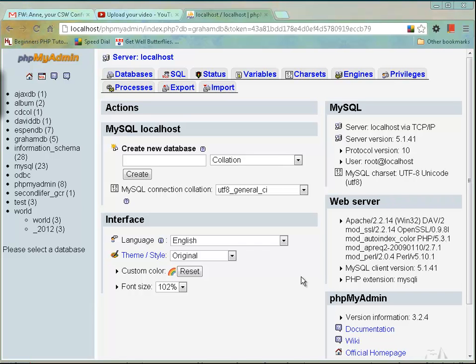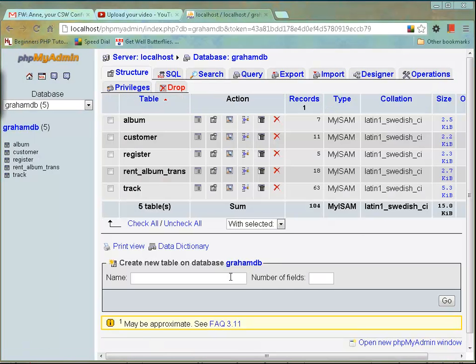Hi, Graham Roberts here. Now it occurs to me that some people who know how to import a database using phpMyAdmin might not actually know how to export, or might just be a little bit scared of doing so. So here we have a database, my database called Graham DB, which I set up earlier, and I've got some